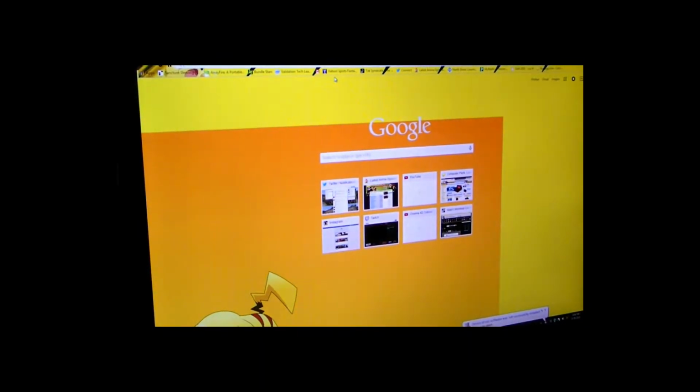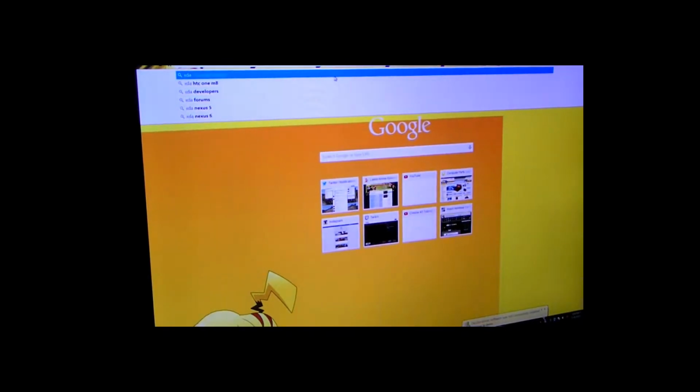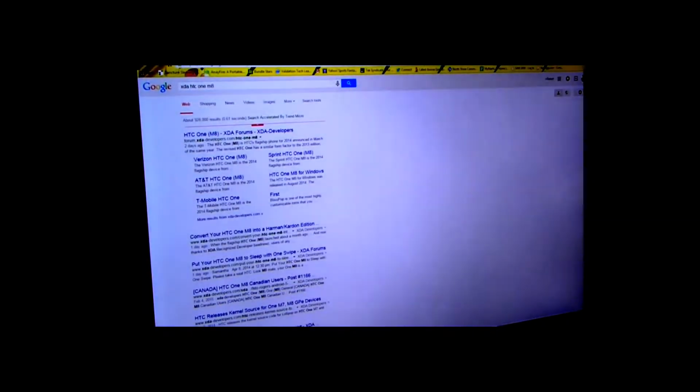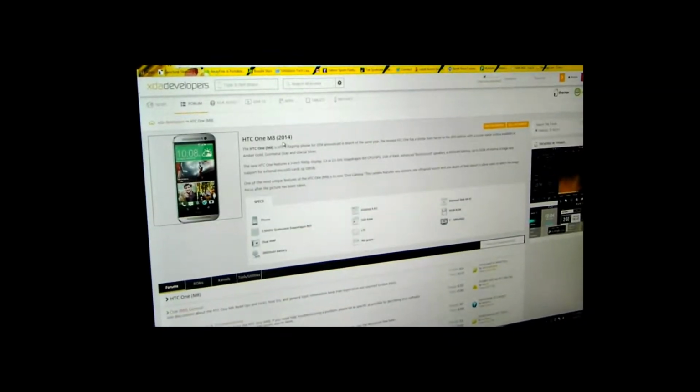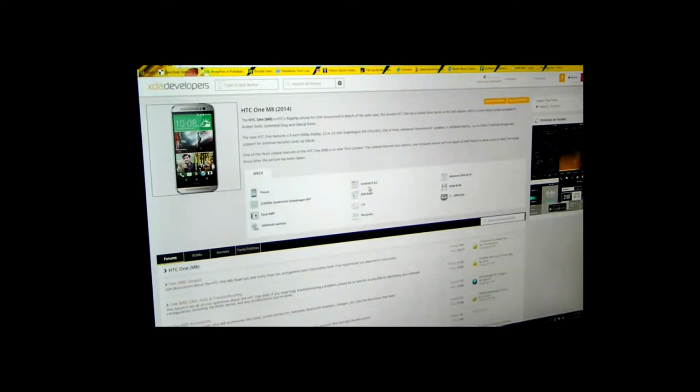And this is going to be your best friend when you are modding back to stock: XDA Developers, because a lot of these guys on the forums know what they're doing. So it has all the different ROMs, the kernels,